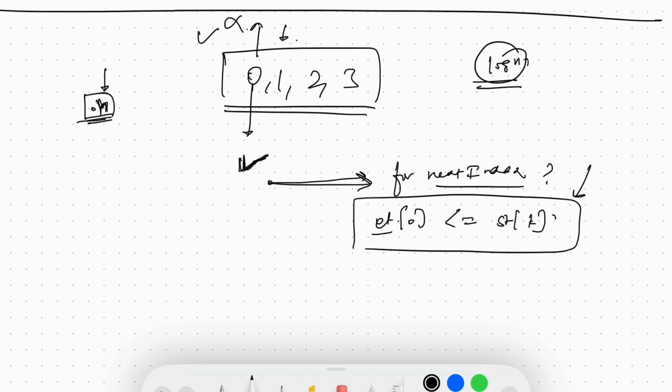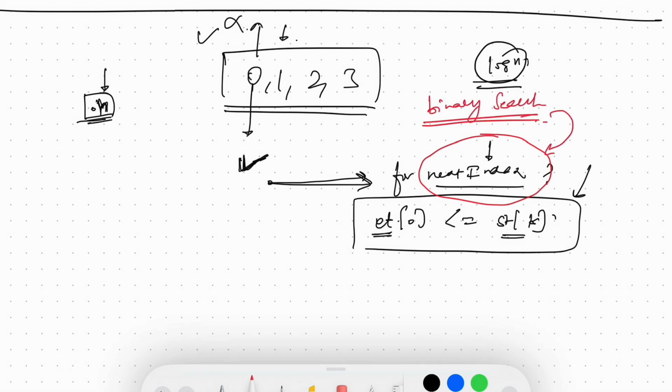The problem statement here is that we have to find the next index such that the ending time of 0 is less than or equal to the starting time of the job. So we can find the next index using binary search. If we use binary search, instead of searching again manually, we are reducing our overall time complexity to solve this problem to n log n instead of n square, which was